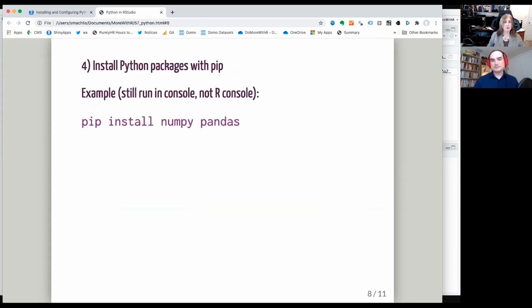Okay, step 4 is a familiar one. Install the Python packages we want, but instead of install.packages like we would do with R, we're using this pip function and install, and then a list of the packages we want. Is that pretty much what's happening here? Pretty much. When you use pip install, that is the installer that is provided with the regular python.org version of Python. Anaconda has its own installer called Conda, as appropriately enough, which is designed, again, specifically to work in that environment. So you'll want to use the installer that is appropriate for the edition of Python that you're working with.